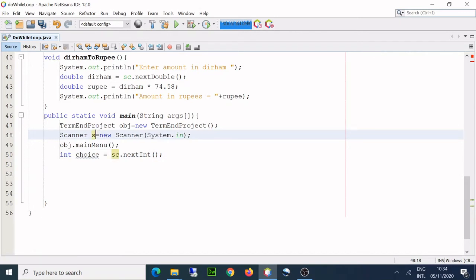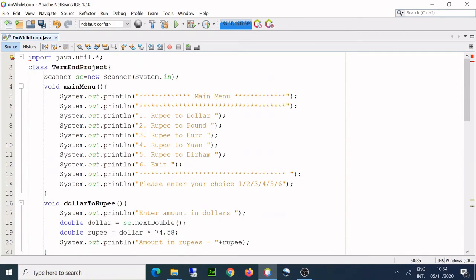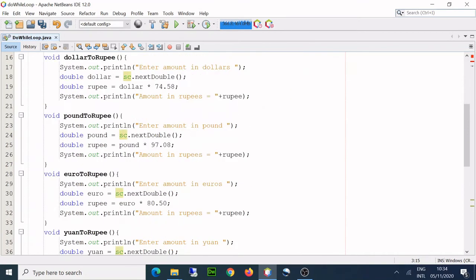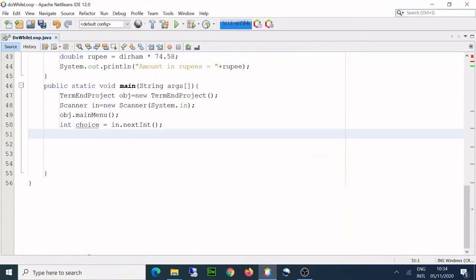I'm using sc everywhere, so I'll use something else, just to make you understand that you can take different variables. Up there I took sc, and here I am taking in.